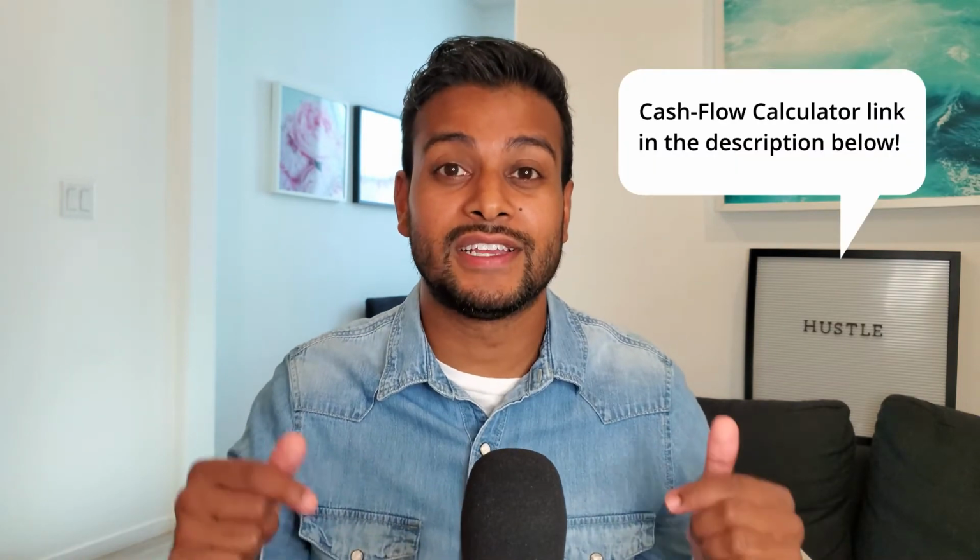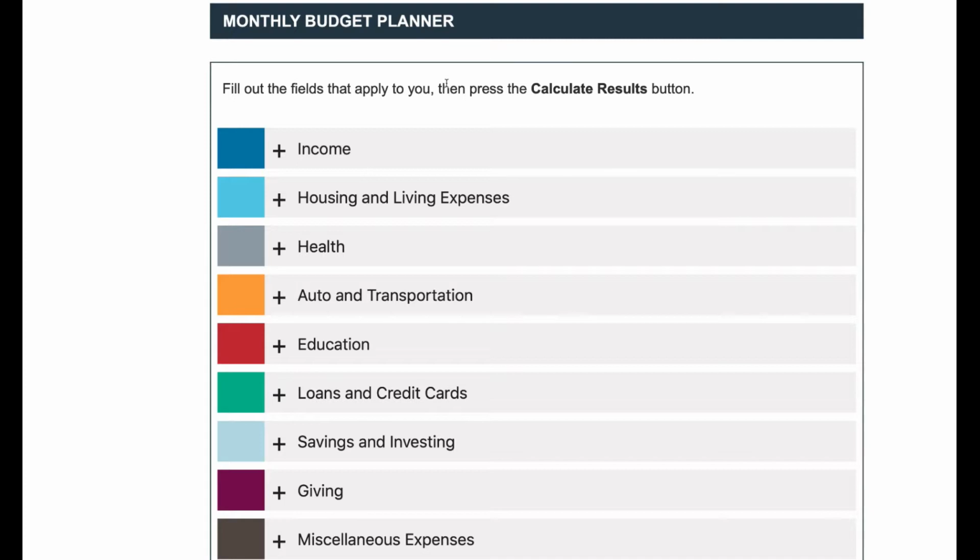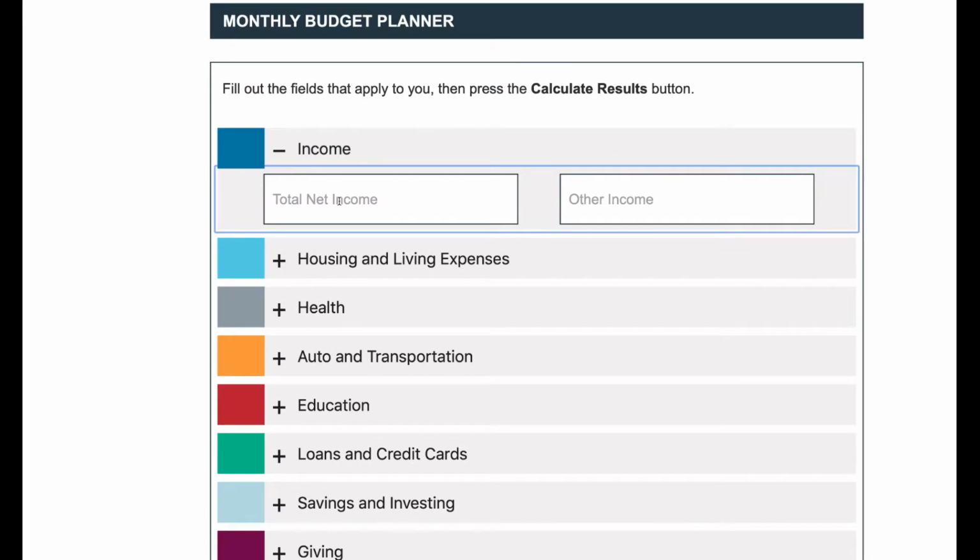The link for the calculator is in the description below. And don't worry, it is a free tool that anybody can access and there's no annoying pop-ups. I'll actually walk you guys through it. Here it is. So this is a web-based tool that's not going to track your information or ask you to sell your soul, and it's really simple to use. It breaks down the categories starting with your income at the top and all the potential expenses you could have below that. So let's input Bob's information.